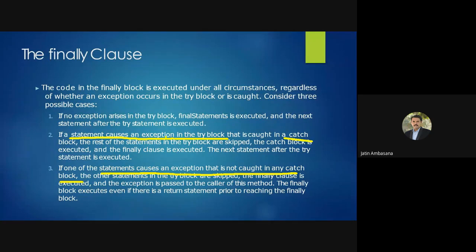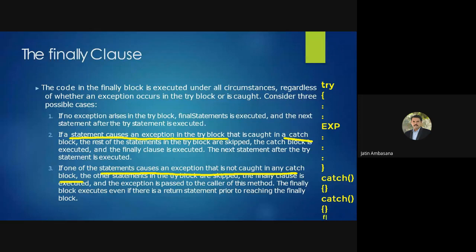You have a try catch block, you have a try block, and at some point you generate the exception, right? So all the code after it gets skipped, and the catch block. Let's suppose there are multiple catch blocks, and none of them work. Then what happens? Then in that case, basically, the finally block works.